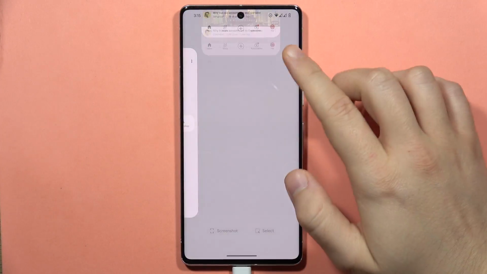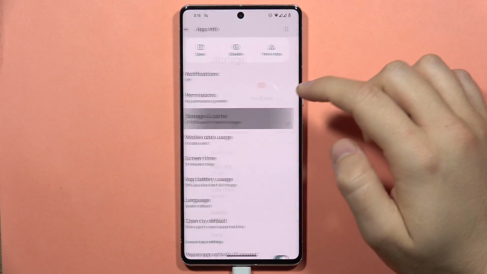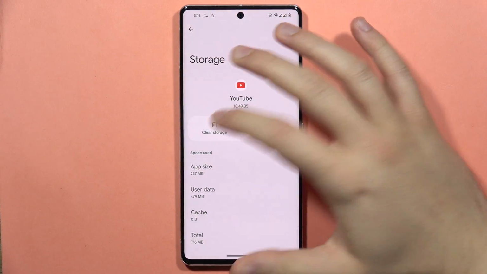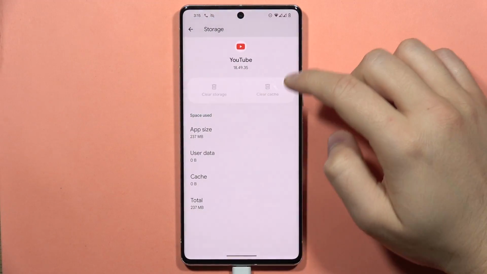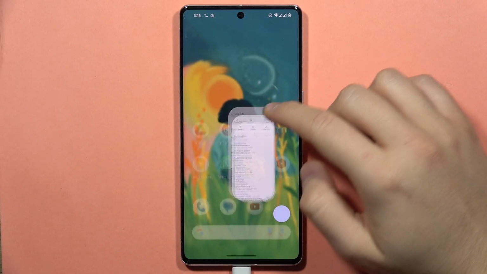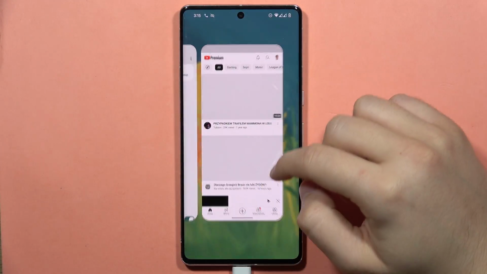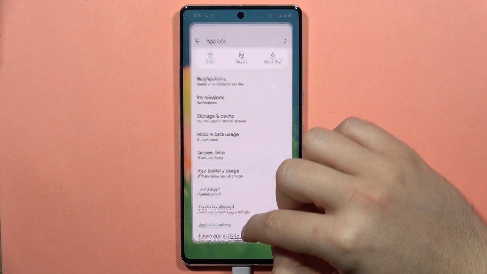If it doesn't work, I can recommend you to go to the storage and the cache and tap to clear cache and also clean the storage. So tap to delete, remove everything, and now try to open it one more time. If it still doesn't work, you can go back from this one,